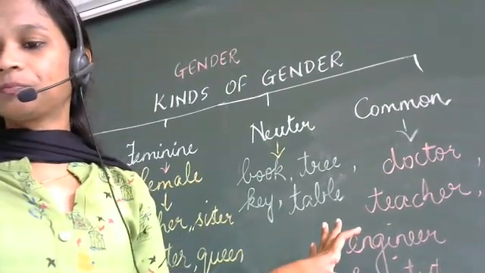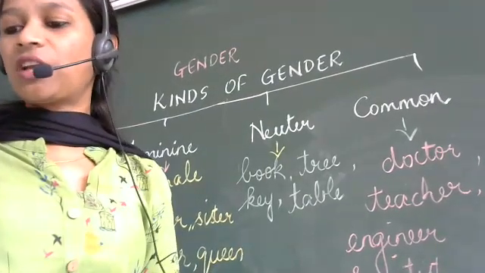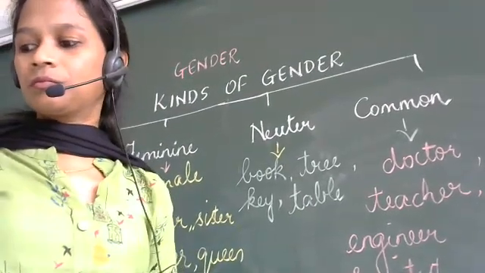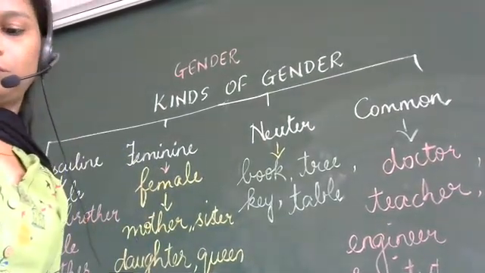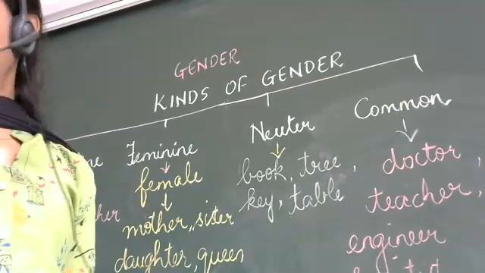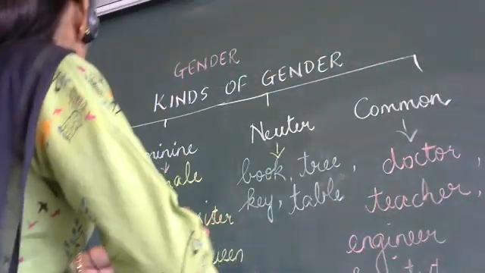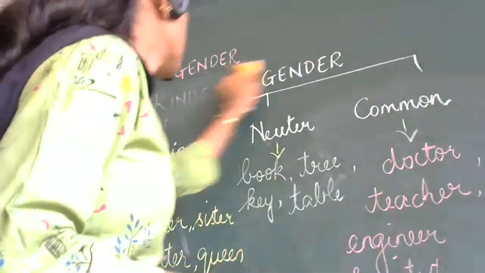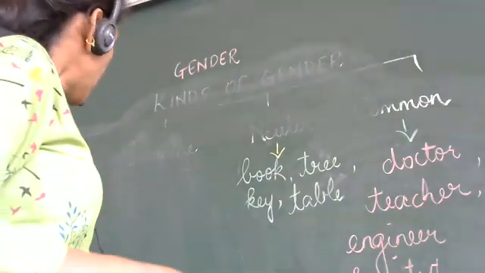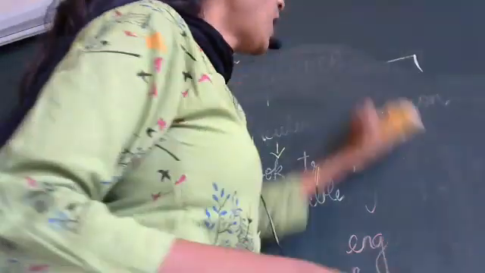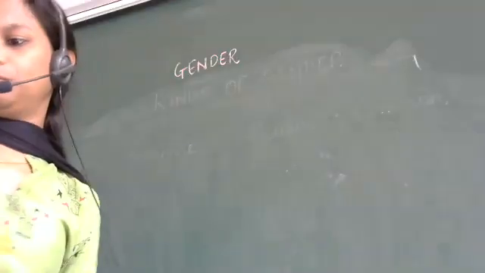Any doubts, children, in kinds of gender? Are you sure? Okay. Now open to page 164. You have no doubts in the kinds of gender? Shall I move to the next part? Okay. Now,